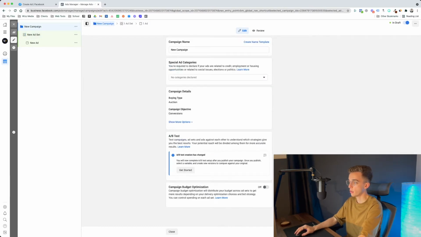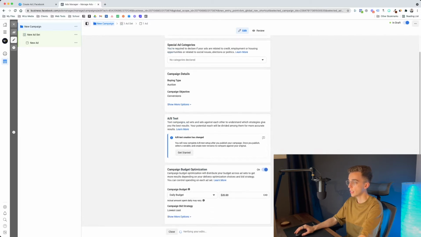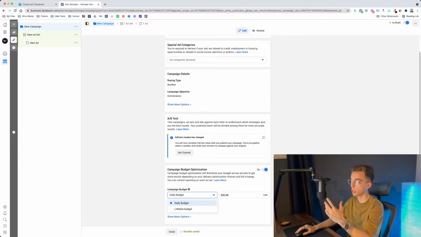As you see right now, campaign budget optimization, you can turn that on, and then you set yourself a daily budget or a lifetime budget. Lifetime budget is the only option that you have with a boosted post, meaning that you pick a start and an end date for your boosted post as well as a budget, and Facebook automatically optimizes for the lifetime of your boosted post. Whereas in here, you can switch that to a daily budget